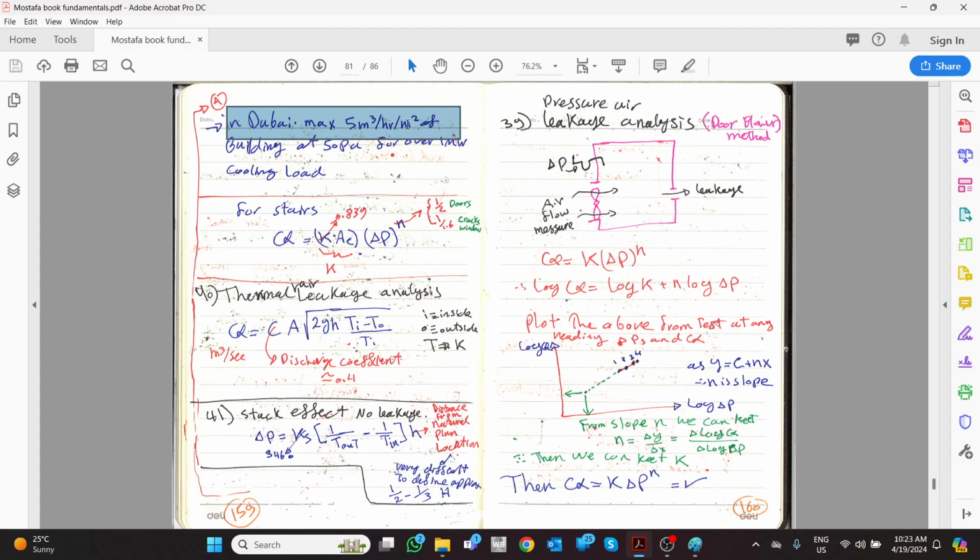So check your square meters of envelope for that floor, and then you will get the maximum flow. When you have the maximum flow and the delta P,